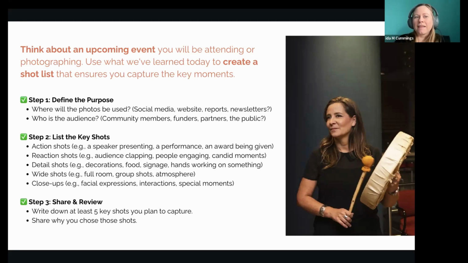And then varying it between the close-up shots and the wide shots, or have yourself a shot list for each one that you go to. So I'm gonna get one action shot of each of the speakers. I'm gonna get reaction shots of the audience paying attention, showing the wide room, maybe showing the sign or something about what the event is, and then some close-up special moments.